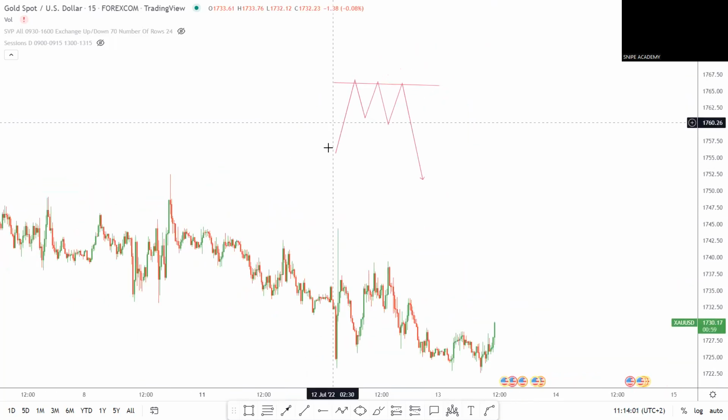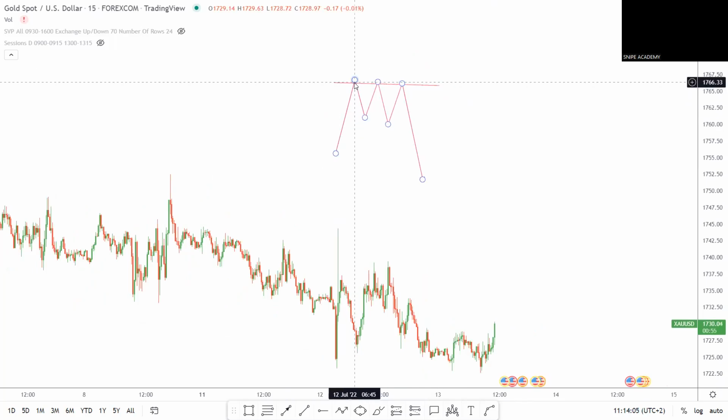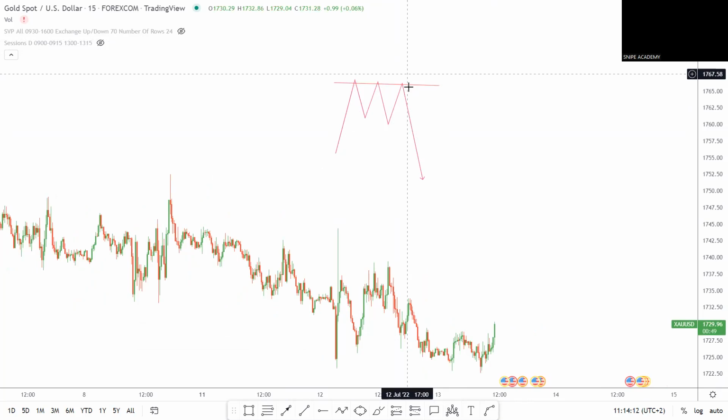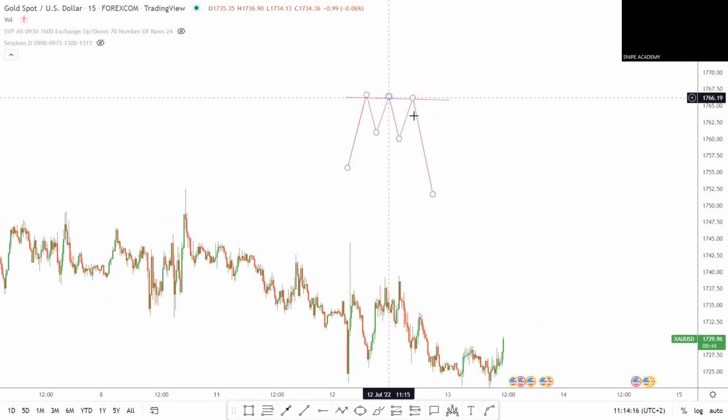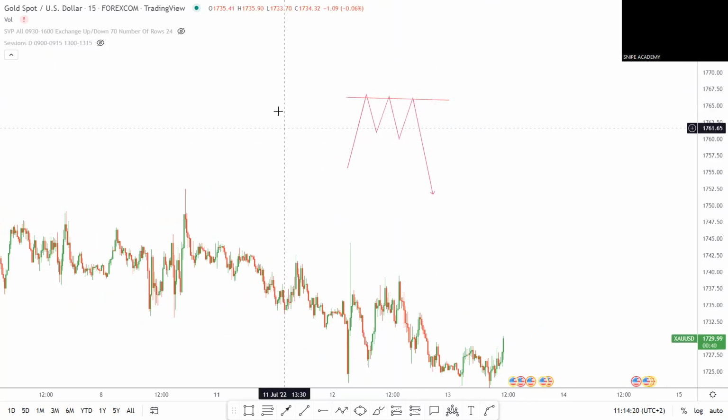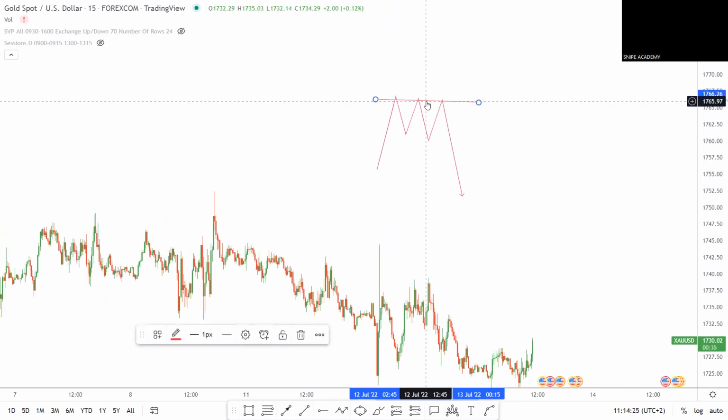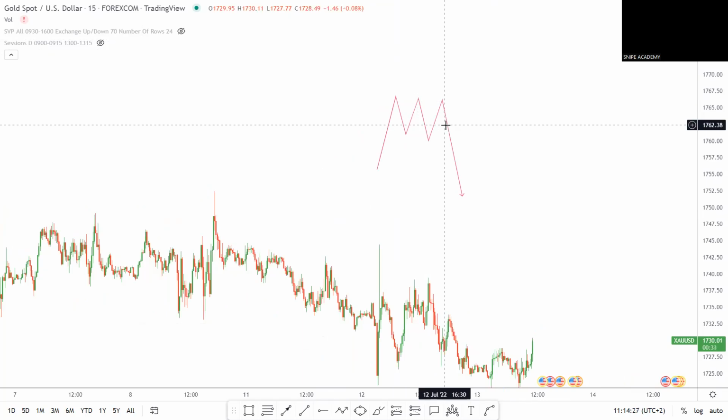When price reaches a price and then goes back down, goes back up to that price but fails to break it, goes back down, and then does the same. When it's repeating this move of failing to break above a certain price, this means we have a resistance right here. Pretty straightforward, right? The same with supports, but the other way around.